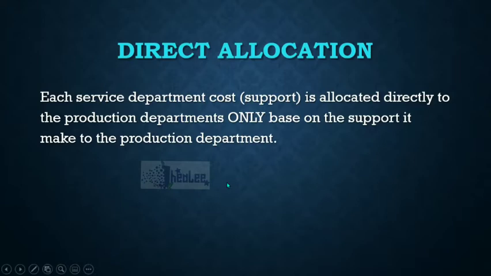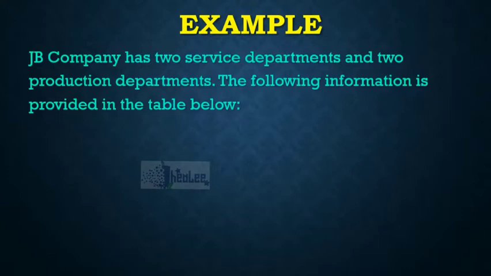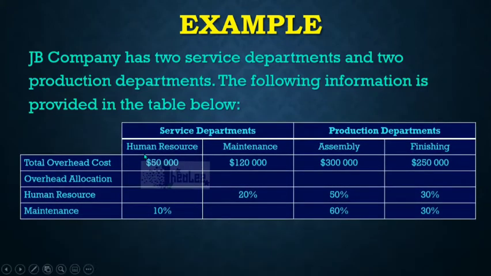Now let us look at an example of this. JB Company has two service departments and two production departments. The following information is provided in the table below. We have the human resource and maintenance departments, and those are service departments. We have the production departments, which are the assembly department and the finishing department. The total overhead cost, which is the estimated cost, for human resources is $50,000. Maintenance is $120,000. Assembly is $300,000. And the finishing is